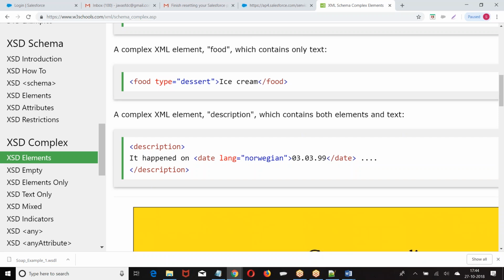I hope looking at this we got, at the end of the game, if you define an attribute, it is a chain, it is a complex. If you define chain elements, it is a complex. As simple as that. Now for 60 marks answer, they can write this. But as per us, if you have an attribute or if you have chain, it is a complex. As simple as that.